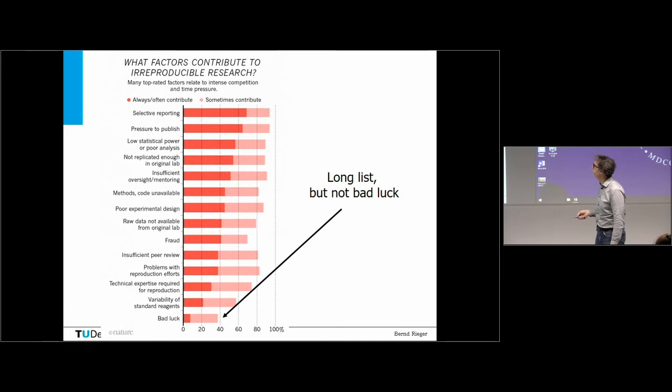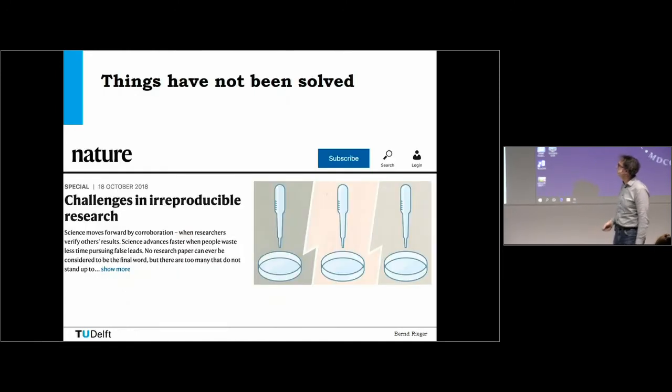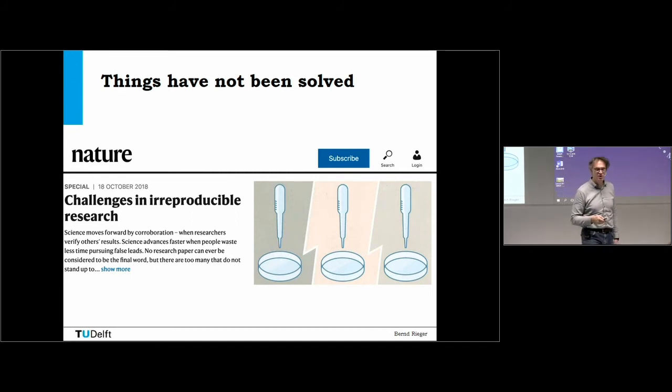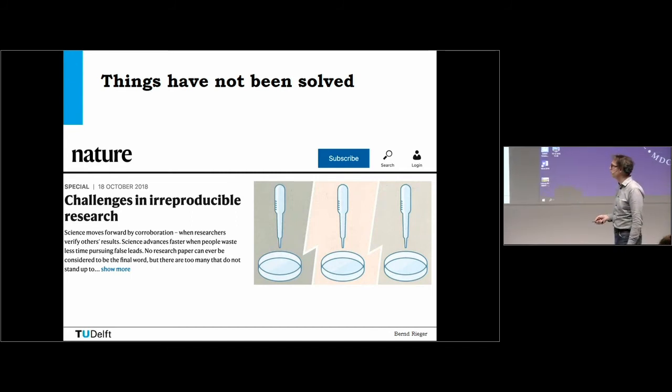So this was a few years ago. Things have not been solved, because I also found that last year there still was exactly the same problem, and that they tried to solve that. So then of course the question is, why is this so bad? In science, it should be something that you are able to reproduce, and if you make something wrong, then they say, okay, you made it wrong, and after some while we agree on how it should be done. So here's an example from our own research